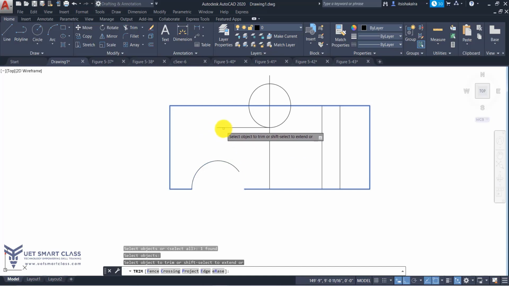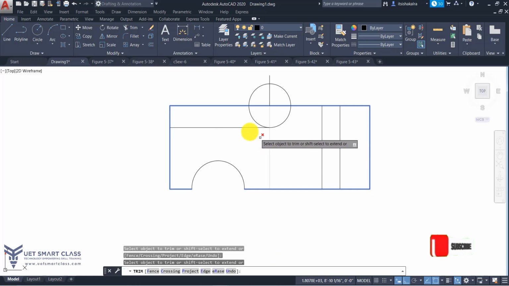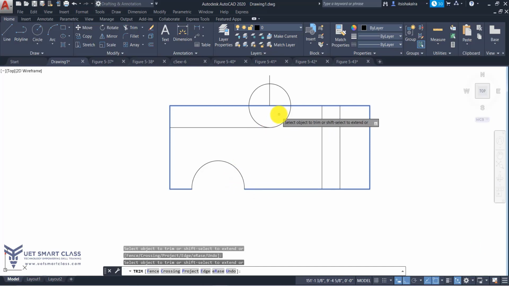See? Extend, extend. Okay. And then when I leave my shift, again it will go into trimming. This one I've already extended, so this will trim. Okay. So for some time you can press the shift key and go into the extension mode. Okay.